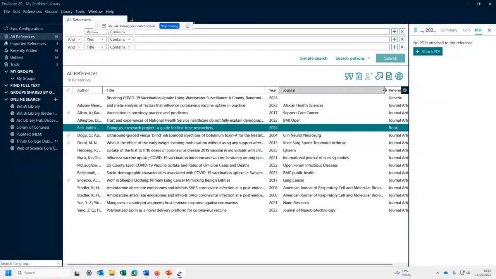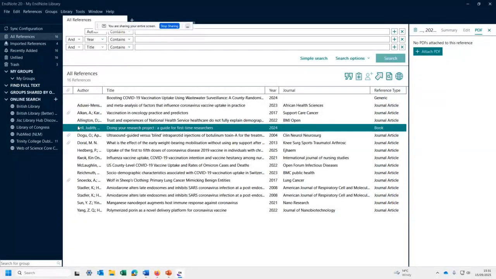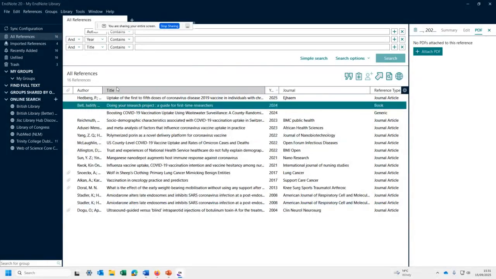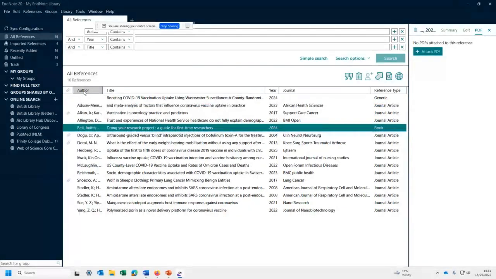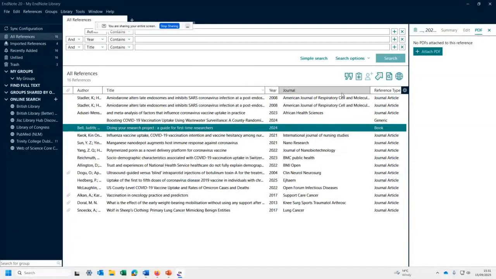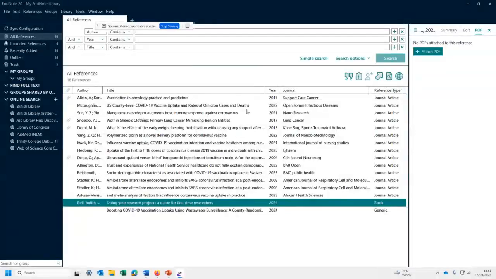The other thing you can do on the display fields is you can sort. So if you wanted to sort by year, you can do it that way, from the most recent to the farthest back, or from the farthest back to the most recent, by whichever way you click. You can do it by author, A to Z, Z to A, and you can also sort by title. In fact, any of the displays, you can change it by clicking up there. Okay, so you can sort. Sometimes it's handy to have it.